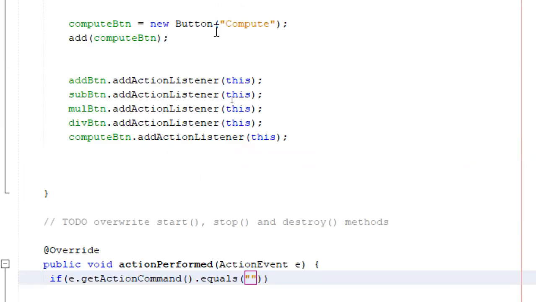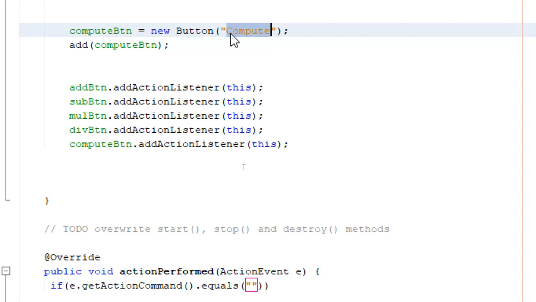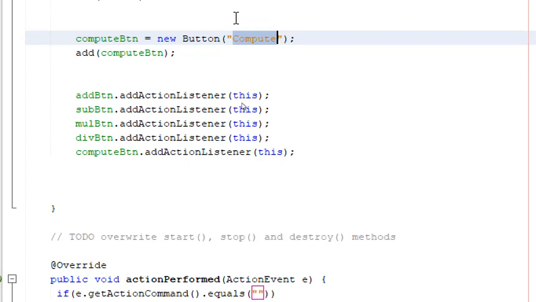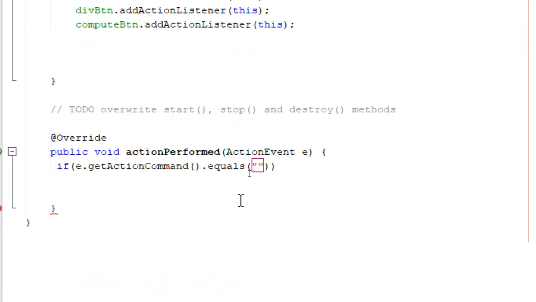I've already told you, I will not type anything. I will copy and paste that string because it may be case sensitive. It is always case sensitive, and you might have written something in capital and something in small case. It always creates a problem.